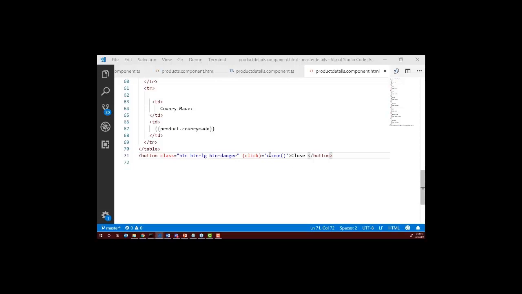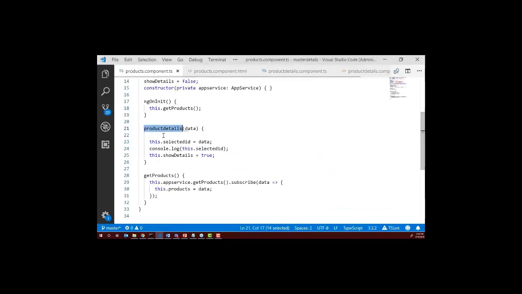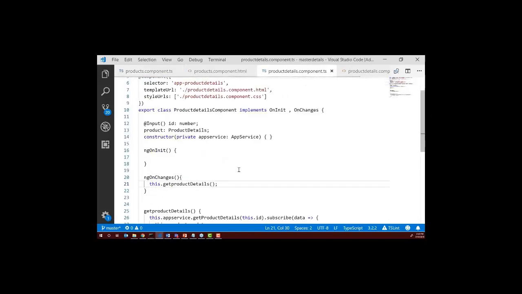Now keep in mind that whenever the user clicks on this close button, we've got to make sure that for the product component, this showDetails has been set to false. So we need to emit that event and handle that in the parent component. So for that, let us go ahead and create a function close, and here we create an event called closeIt of the type Output and EventEmitter,